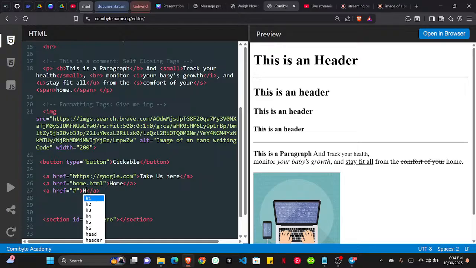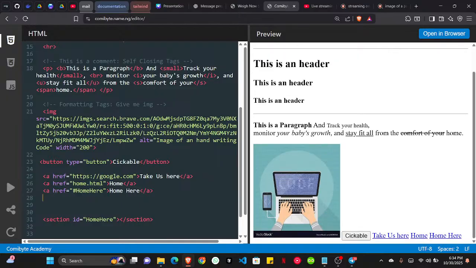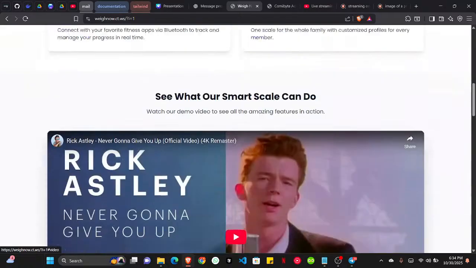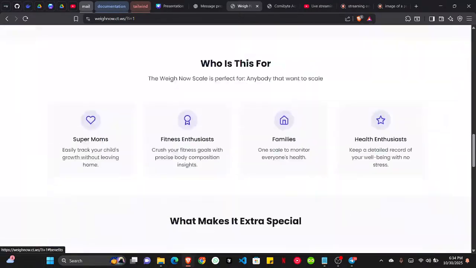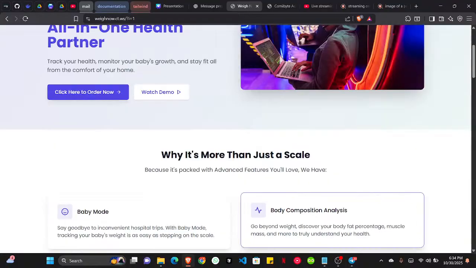Inside our a tag, we can just come here, and inside the href over here, we are just going to use what we call the id of our section. So I want you to take me to an id. To write an id, you start with a hash, then we are going to write the name of the id. Now whenever I click on this home here, it scrolls down, just like this behavior we are having over here,